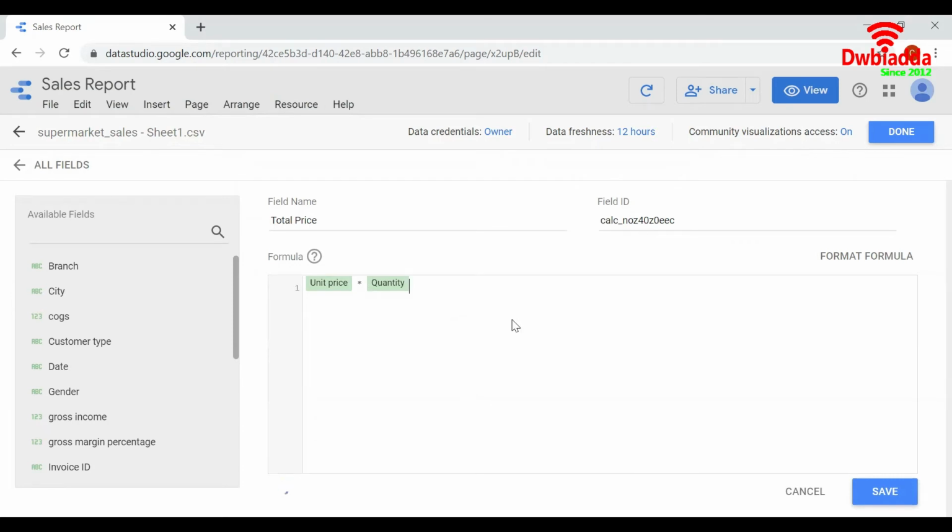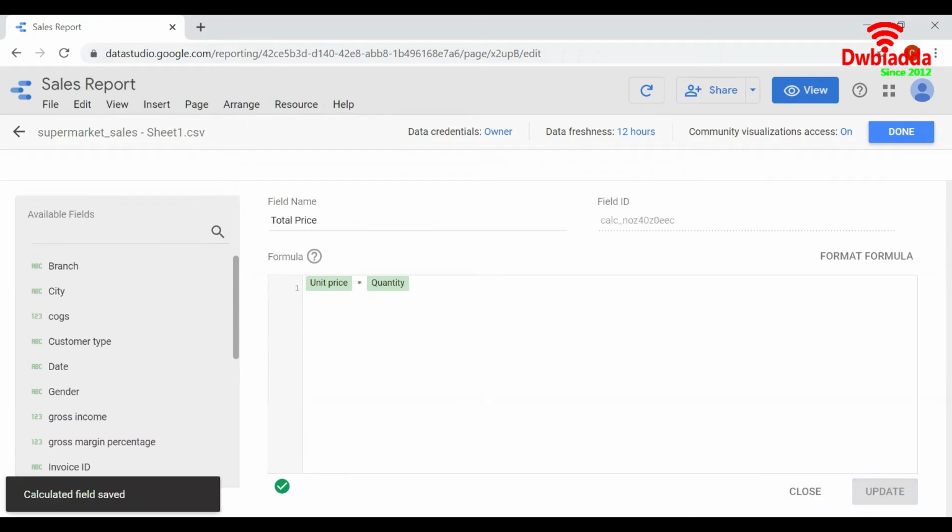This creates a new column in the data set with the name total price. And click on close.